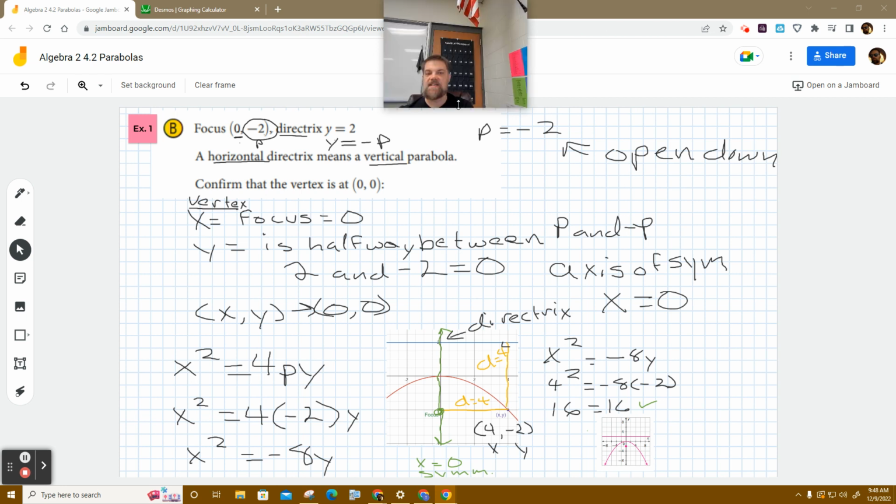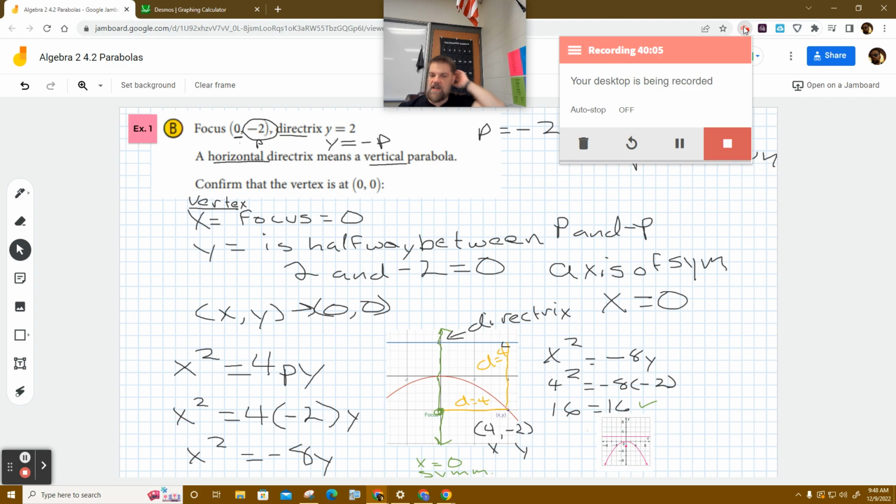So when you go to practice it, now over time, I'm going to give you enough homework problems so that over time you'll go, oh, it's a 0, p. That means that it's going to be a horizontal directrix. That means I'm going to have a vertical parabola. But until then, use those notes and look at them. Okay. I'll leave that up there so you guys can